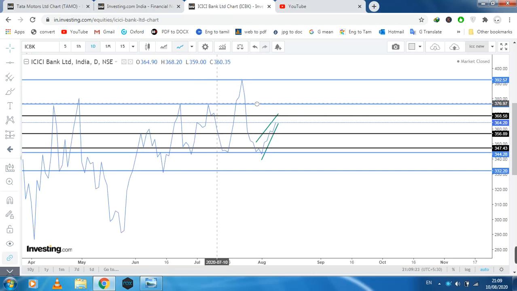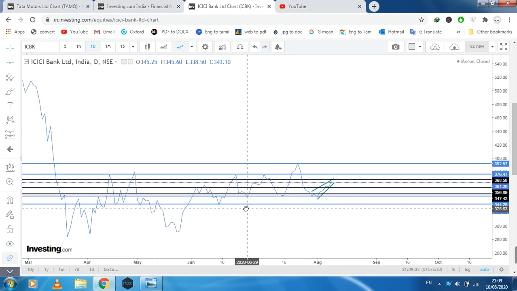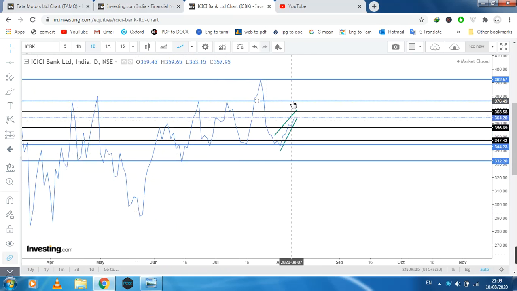The market reversed at these two areas and at a lot of areas in the previous market also. So this is a good next resistance level on the daily chart, and the next resistance level is 376, and another resistance level is 392. These are the daily resistance levels with higher potential, near the current market.